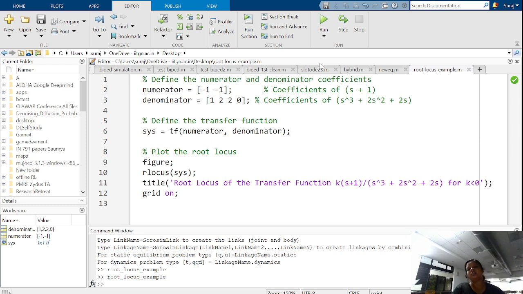So I have plotted this for k less than 0. Now this pole is always in the right half, so it is not possible. Understood? So that is why we would never have this